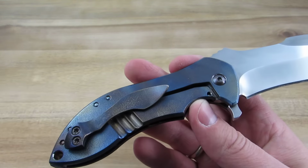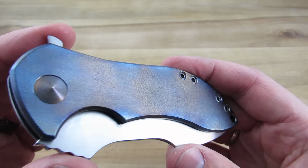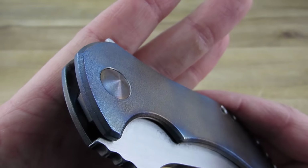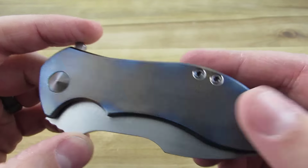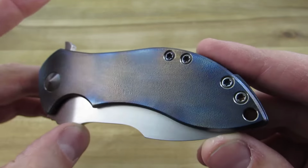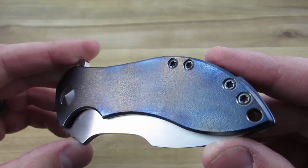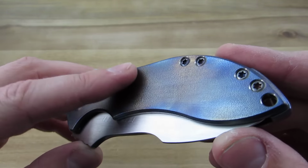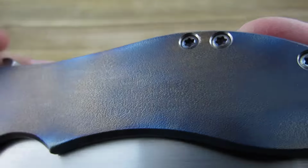All right, now we come to the handles or the frames here. Actually, let's take a look at the pivot. Pretty cool. It's kind of like a bronze color, ties in. But apparently someone mentioned on one of my pictures that this is called the re-entry finish. And it is maybe like a sandblast type finish or an eggshell type finish